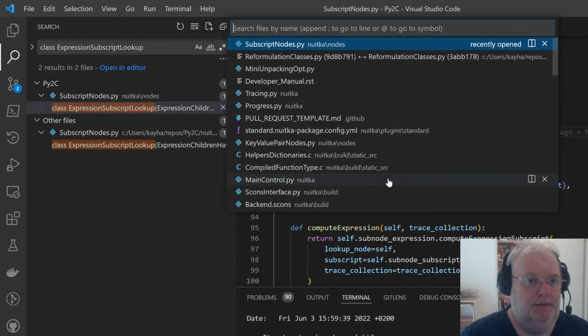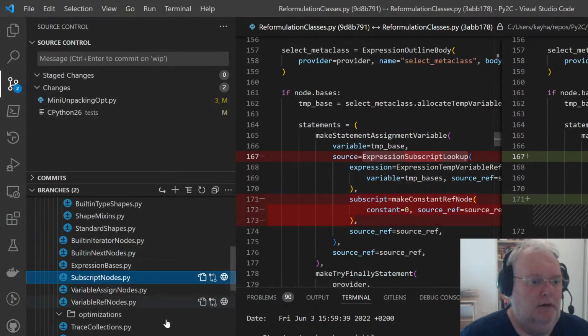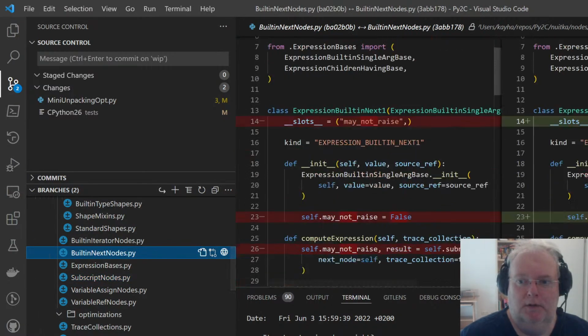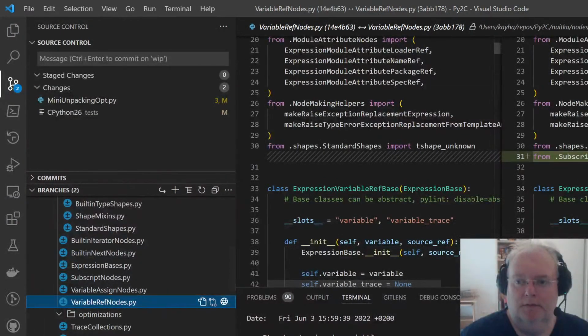Anyway, attempts. So that's part of that. And the next nodes, maybe let's look at the variable reference nodes. Yeah, let's go here.